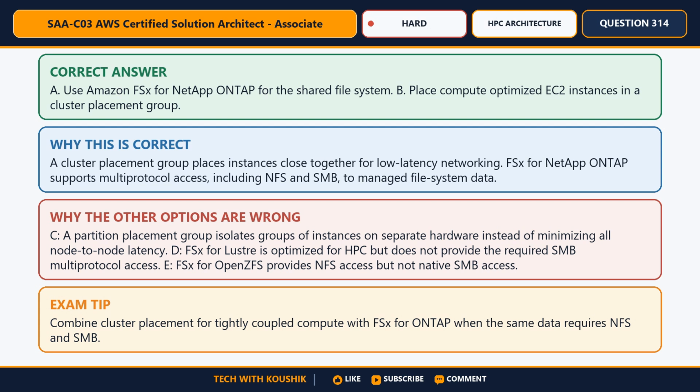Why are the other options not correct? C. A partition placement group isolates groups of instances on separate hardware instead of minimizing all node-to-node latency. D. FSx for Lustre is optimized for HPC, but does not provide the required SMB multi-protocol access. E. FSx for OpenZFS provides NFS access, but not native SMB access. Exam tip. Combine cluster placement for tightly coupled compute with FSx for ONTAP when the same data requires NFS and